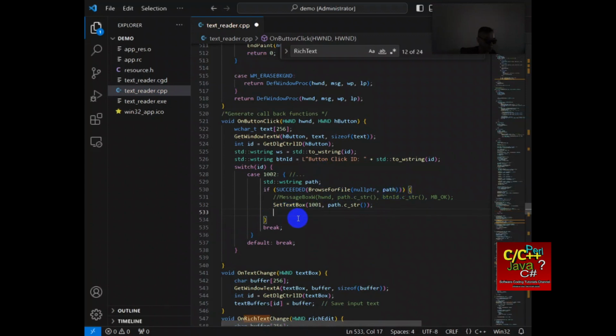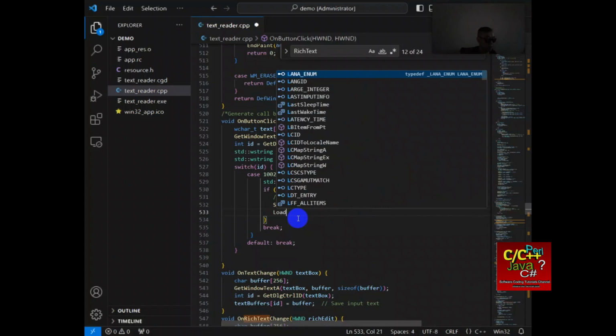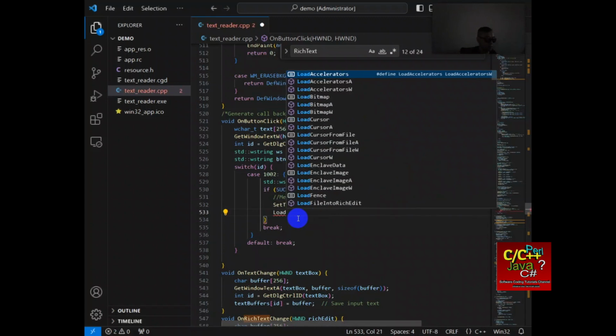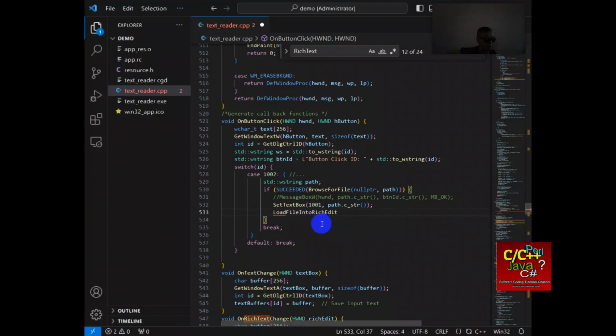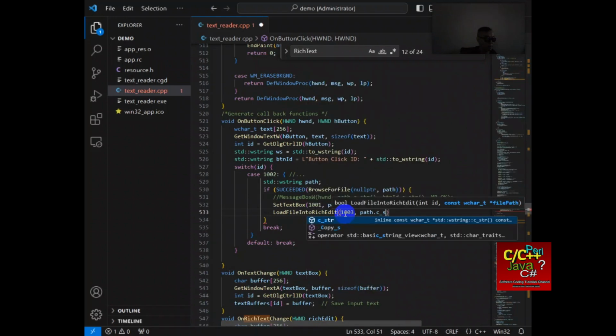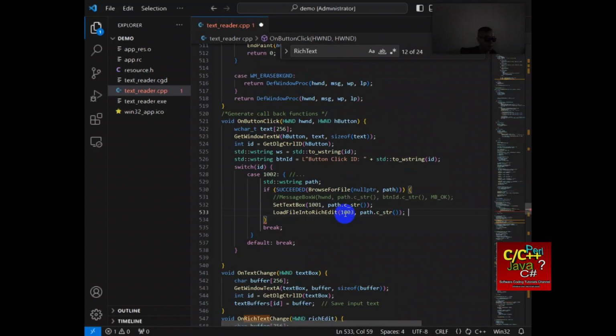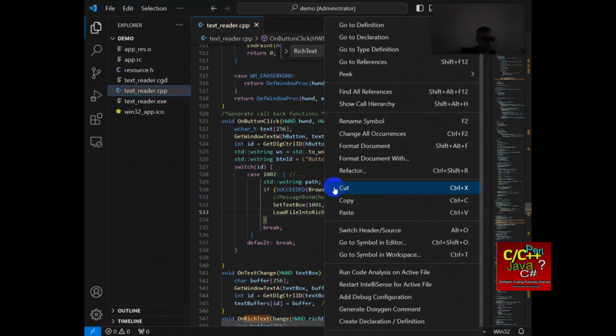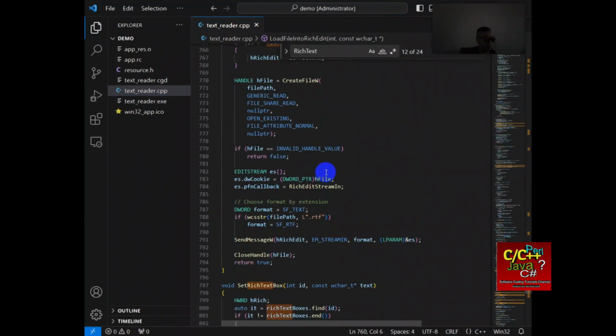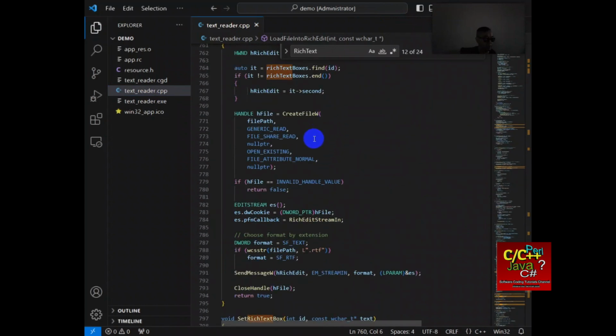Then there's a function called load file into rich text edit, and we just enter 1003 and then pass in the path directly, and what this is going to do is read it and then send it to the rich text box. Okay, so let's go back to our UI designer